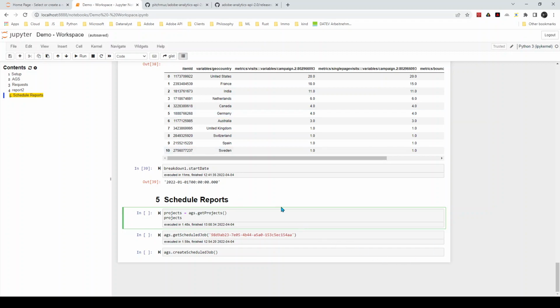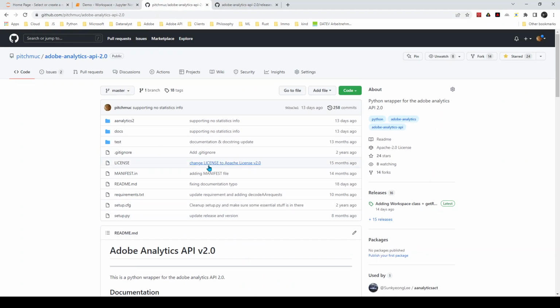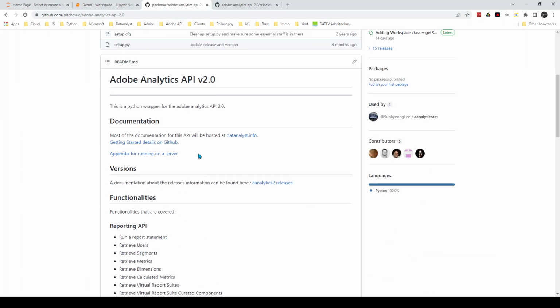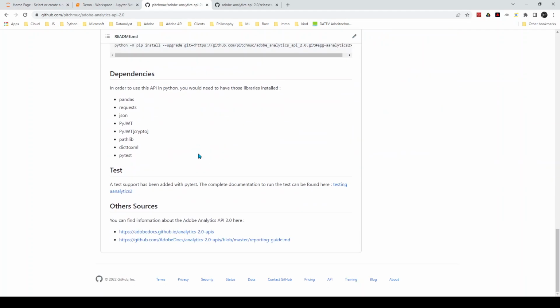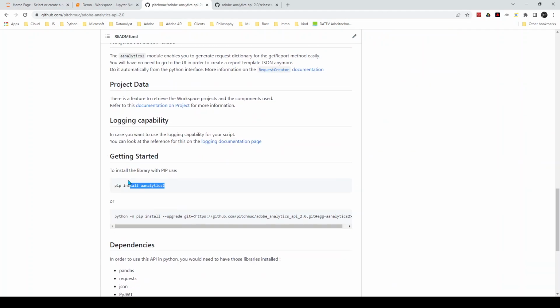In Adobe Analytics, there is the capability to schedule a workspace report at a scheduled time, either weekly or monthly and so forth. That is now available for the Adobe Analytics API 2.0 Python module, which is called adobe analytics 2, that you can directly install through pip. There is a get started method, and of course, it's a pip install for adobe analytics 2